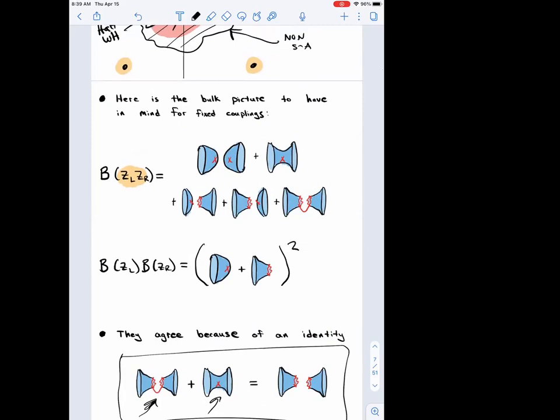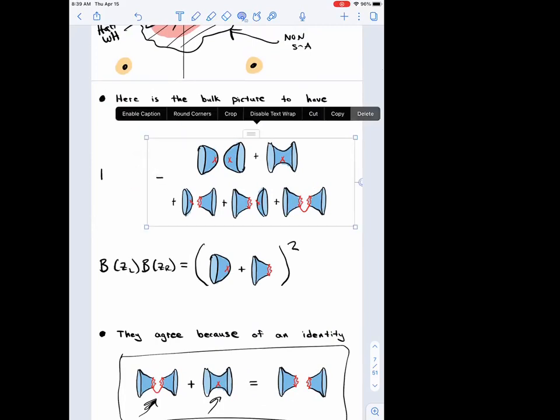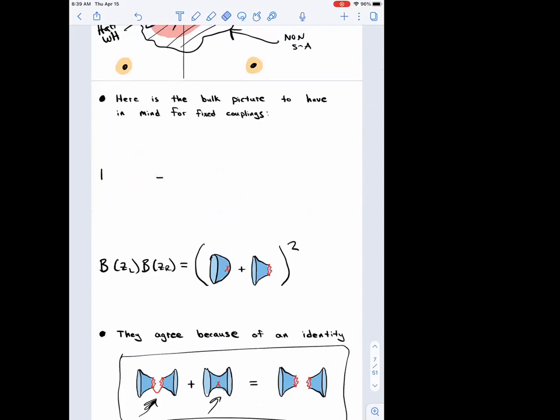So far, we discussed the computation with, let's see, how can I make some space here? Okay, let me make a little space. So far, we've been discussing the computation with just two boundary theories. I'm going to represent them as points instead of circles just to save drawing. So we've been discussing something like B of Z left, Z right. And we can have a wormhole contribution which represents correlation between them.